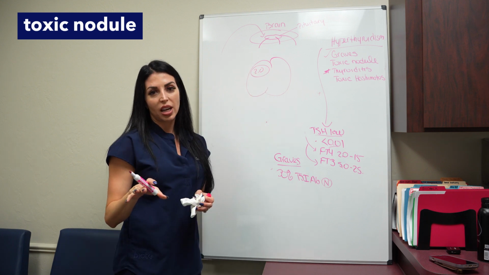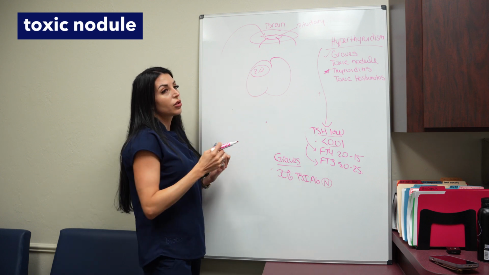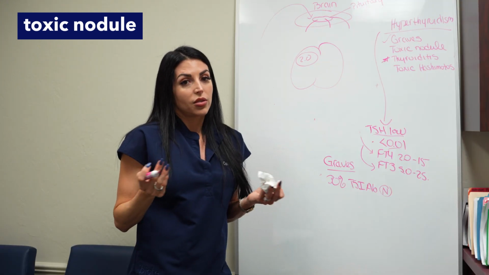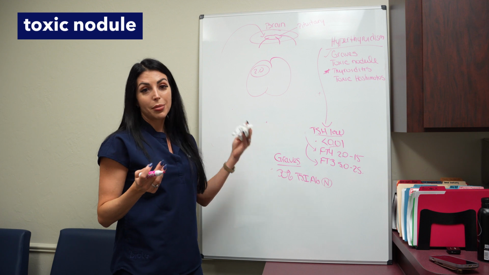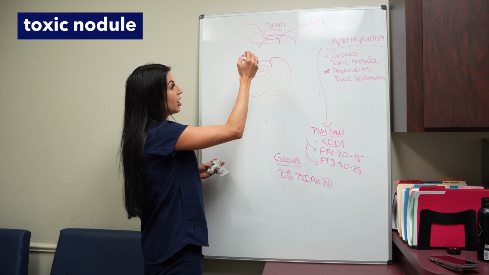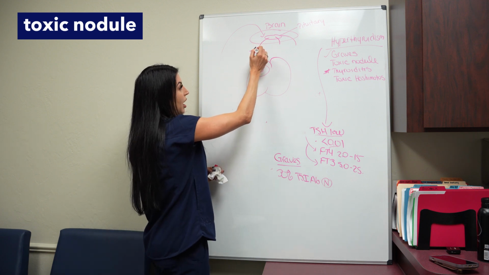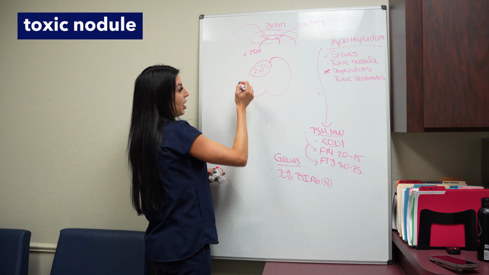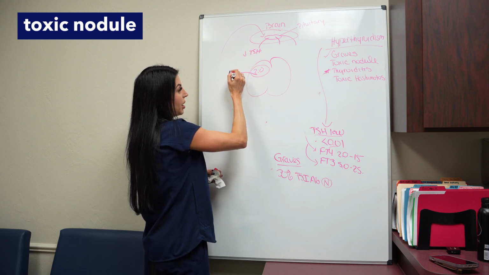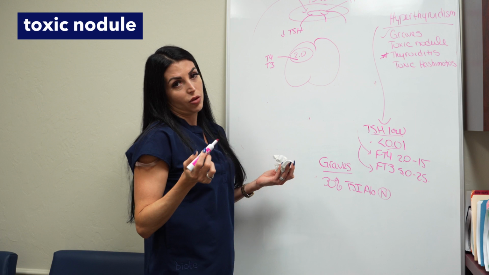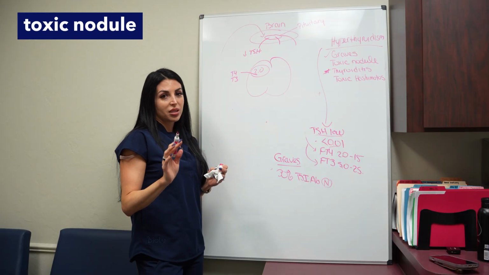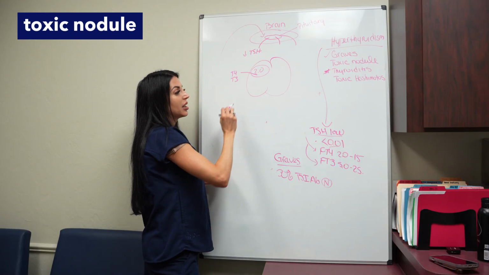And we know this patient has this nodule. Sometimes these nodules can just over-secrete hormones for whatever reason. So this nodule can be making too much thyroid hormone. So even though the brain is saying, nope, I don't need any TSH and it's somewhat suppressed, this nodule is still making T4 and T3 just because. And so that's important to know as well, because the way you treat this is surgically.